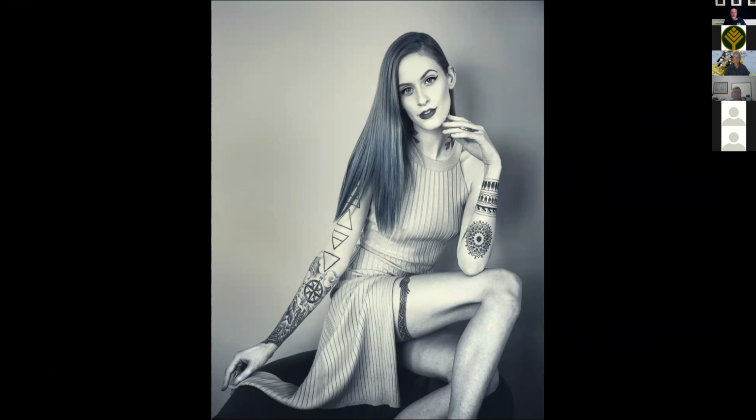I changed the general color tint a little bit, highlighted and spotlighted her face, and cleaned up some of her tattoos on her hand and somewhere else. I can't remember.